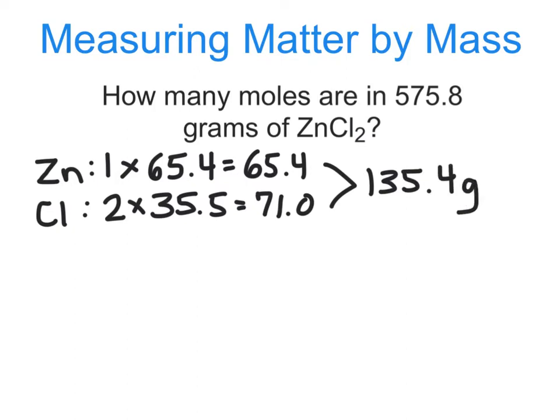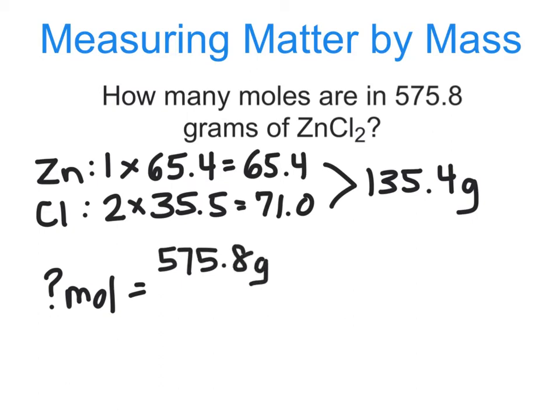Next, I go back to the problem. The problem's asking how many moles. So when I start my equation, I put moles with my question mark. And then the problem gives me 575.8 grams of the zinc chloride. So I start with that number,